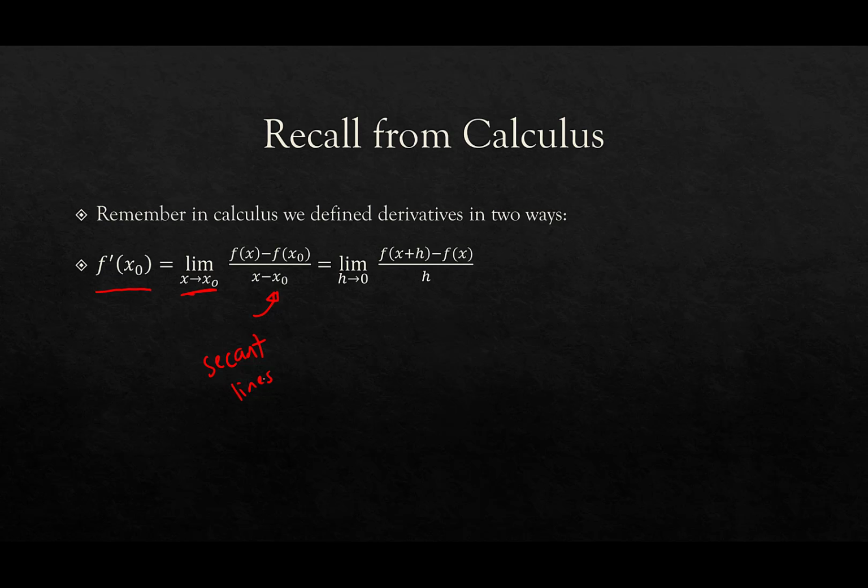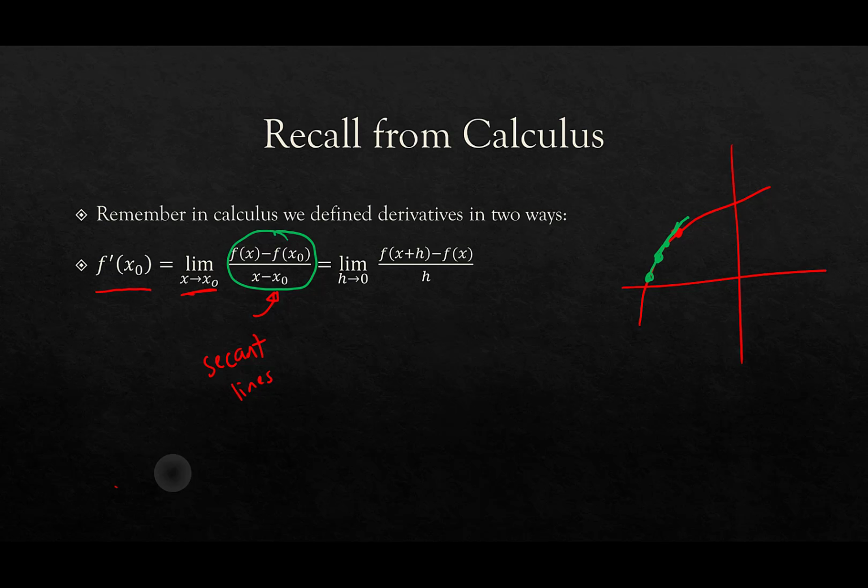And how do you get the slope of the tangent line? Let me draw a picture for us. Let's say this is our function and we're trying to find the derivative at this point. What we would do, let me choose a different color, is construct secant lines. We would get closer and closer to that point, and we look at the limit of the slopes of these secant lines. Whatever that limit goes to, that's what we would call the derivative. So that's how you interpret this quotient here. This is really the rise over run, or the slope of your secant lines.